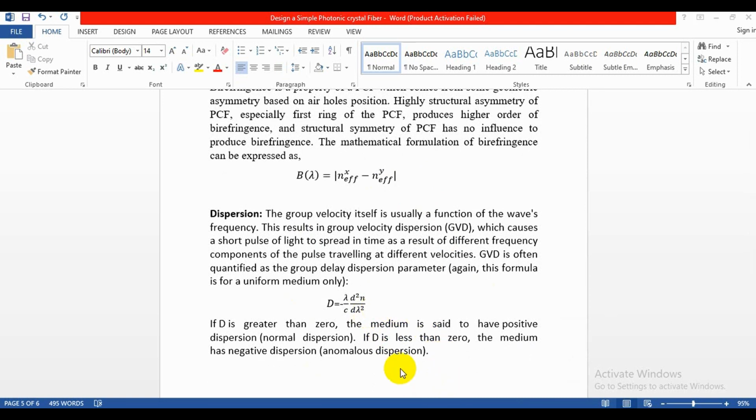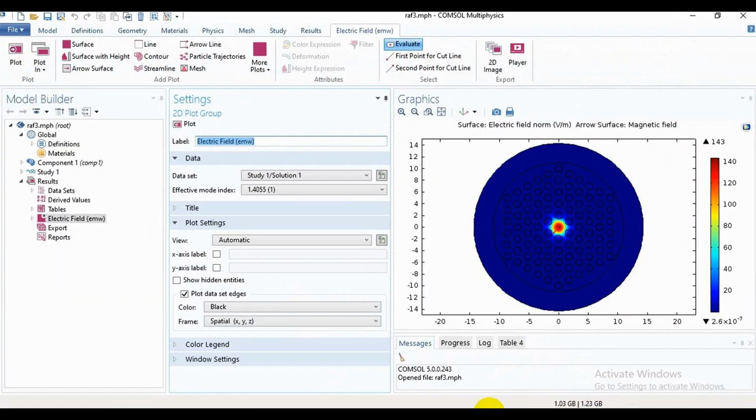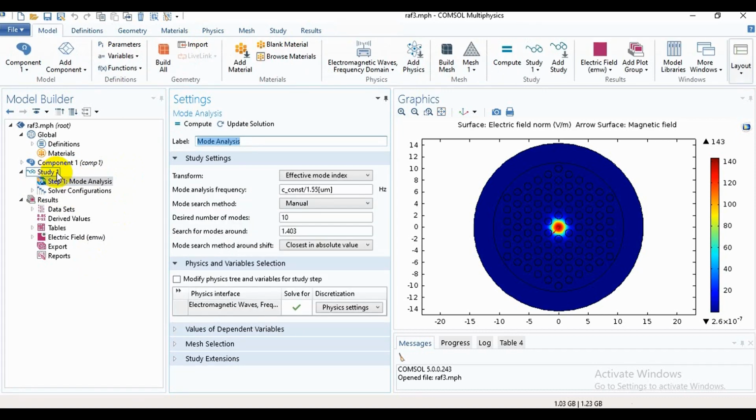Now we will go back in the Comsol again. For calculating dispersion, we need to vary lambda, as we can get different types of refractive index by varying the lambda, and for varying this we can use parametric sweep, but I did not prefer parametric sweep. For this I will vary the lambda manually. If you want to use parametric sweep, then you can use it like this: